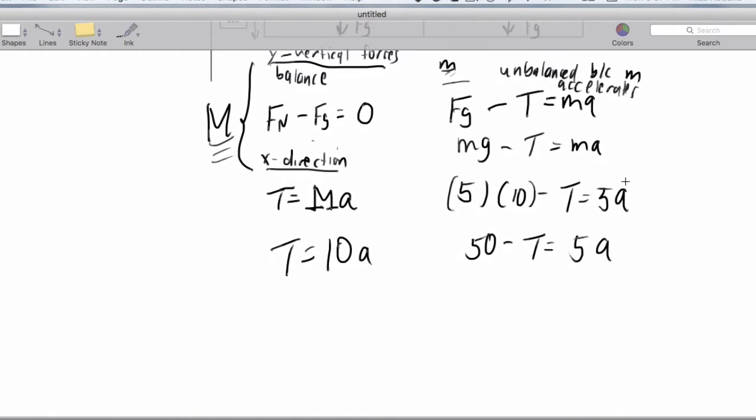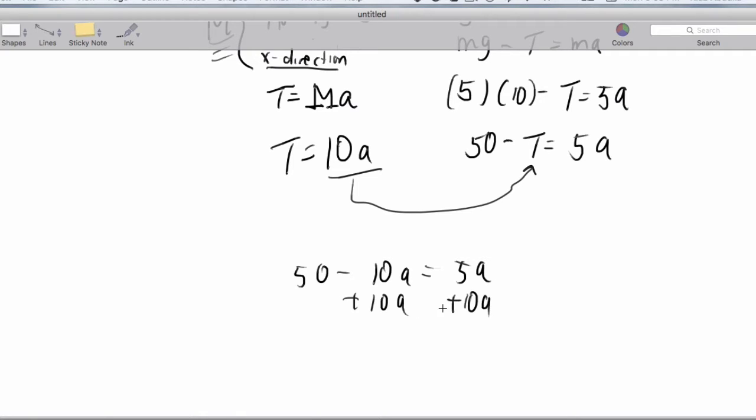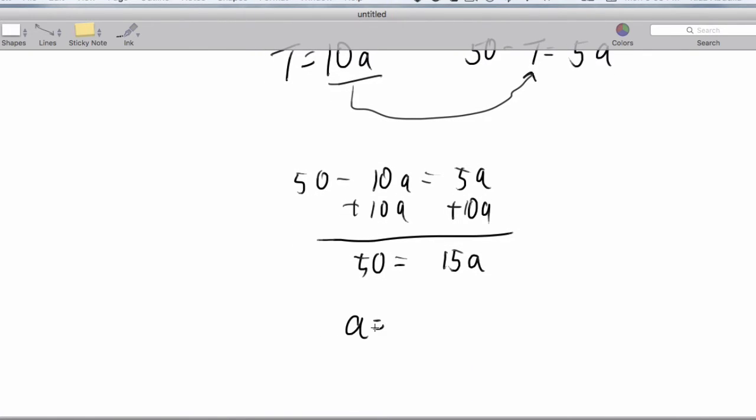And I have two equations with two unknowns. So I'm going to do a substitution. I'm going to substitute this expression into here, isolate A, and then go back and solve for T. So 50 minus 10A equals 5A. And we're going to end up getting 50 equals 15 times A. When we isolate A, it's going to be 50 over 15, which ends up being 10 over 3, which is